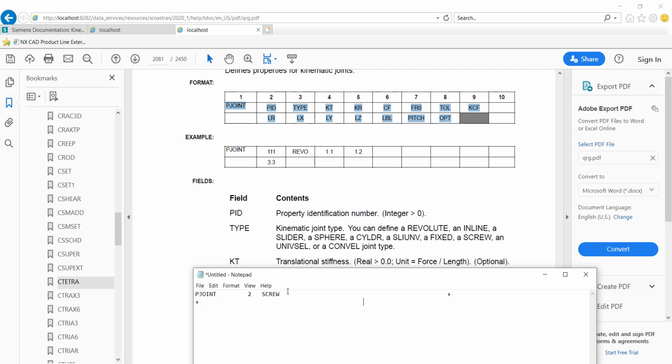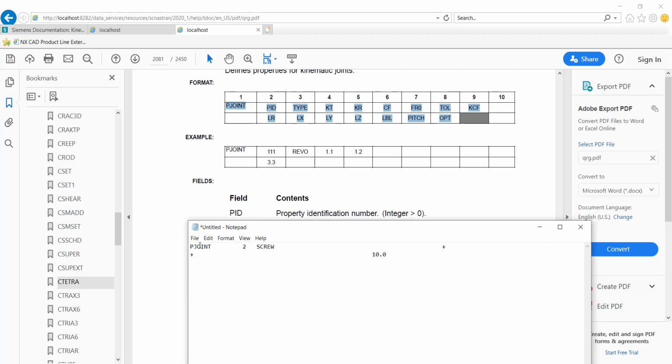So I'm just going to put 1, 2, 3, 4 space bar and a real number. Therefore, a real number must include the decimal point, and for example, a decimal point and a 0. And this will be how I put the user-defined text. So we are going to copy everything here